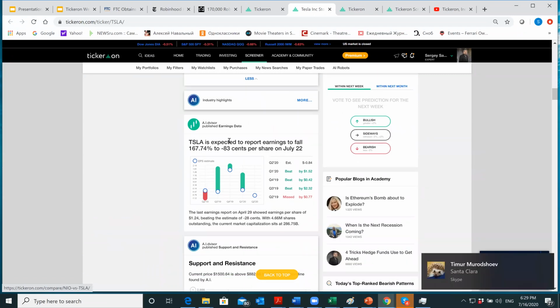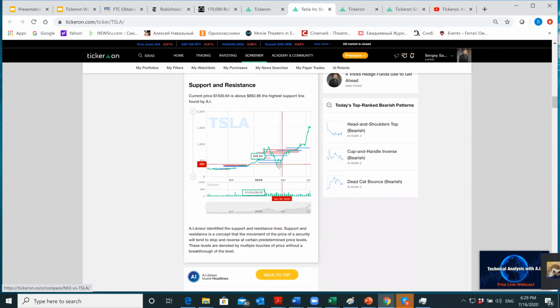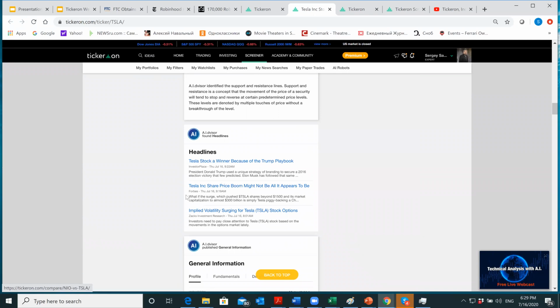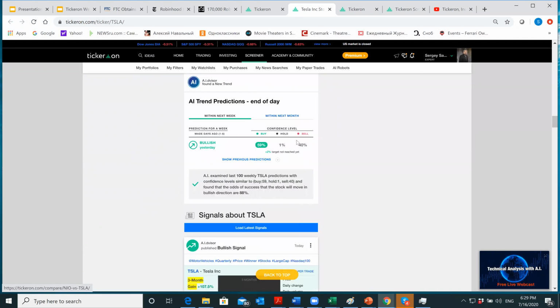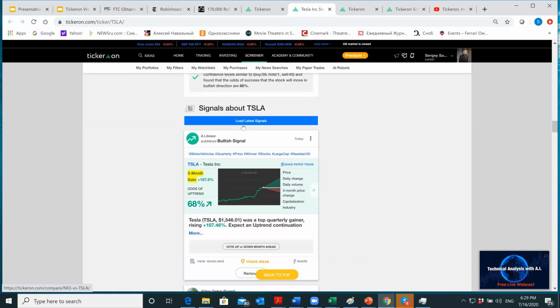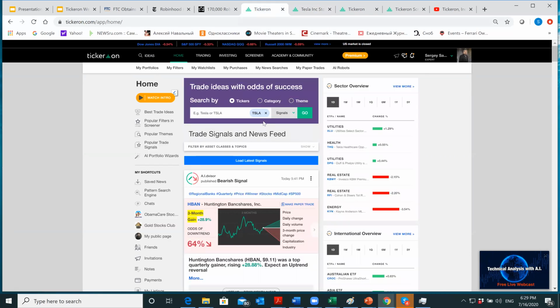Here's information about the earnings. This is support resistance analysis, headlines from other sources. These are the results of our product, which is a premium product. We train our neural network and give a completely different view. These are the signals which have been generated, and that's where we started, right? Okay. So as you can see, we just did one step, but I gave you so much information